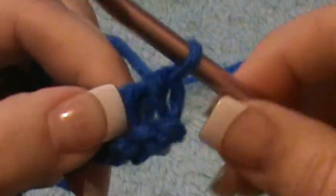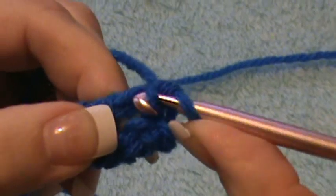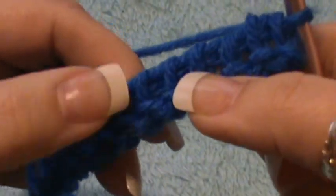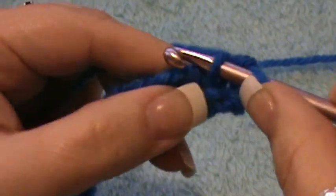Now what you're going to do, a little different from basic crochet, you're not looking for 2 hoops here. You've got 1 hoop, and it goes straight up and down just like a post. You see all of these right here are what you're going to be working under. Okay, so you're going to go under here